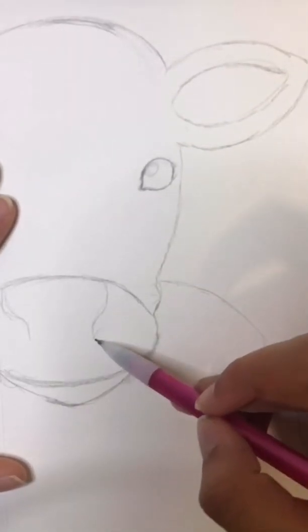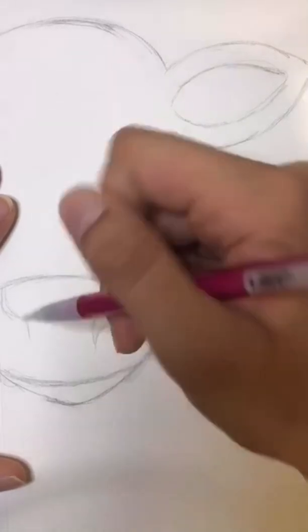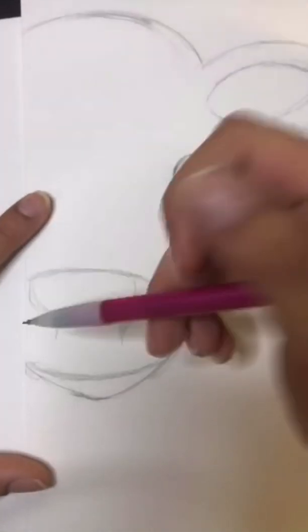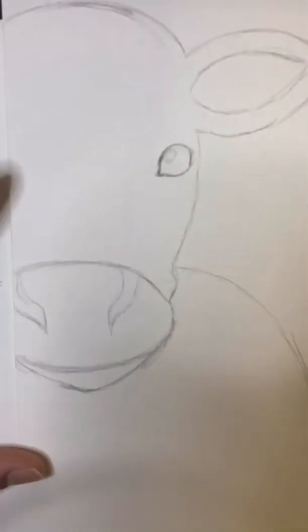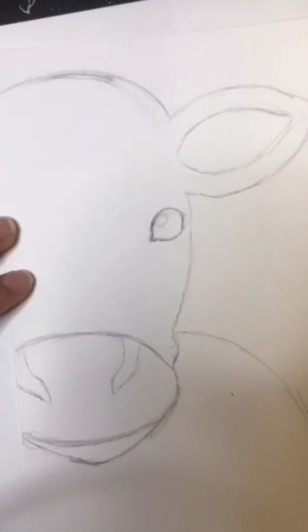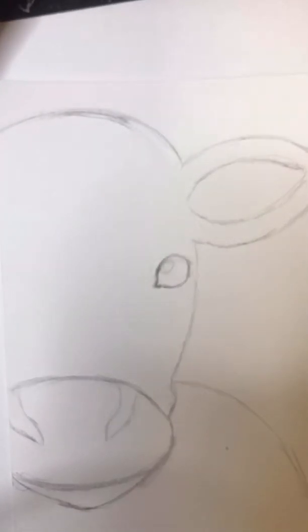And then I'm going to give it a shape, so I'm going to connect that to the top, giving our cow some nostrils. We'll make this one that. And once we have our nose details done, we can come in and start giving our cow a few spots,